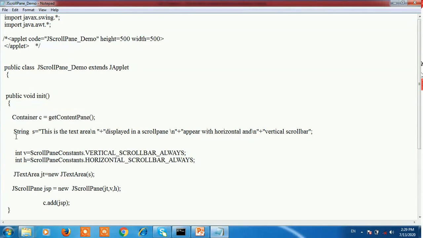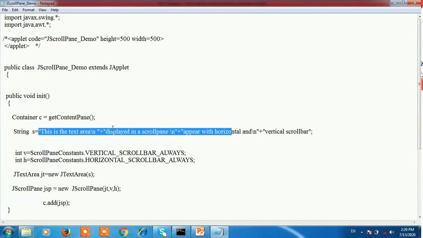Then here we declare a string. String s is equal to "This is a text area" plus \n, which means the next text is displayed on the next line. Plus is used for concatenation.